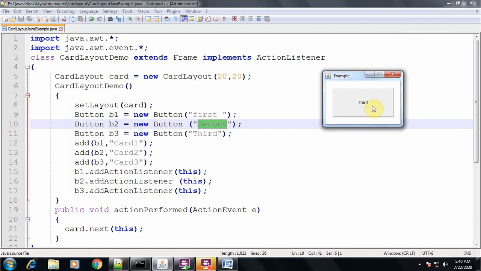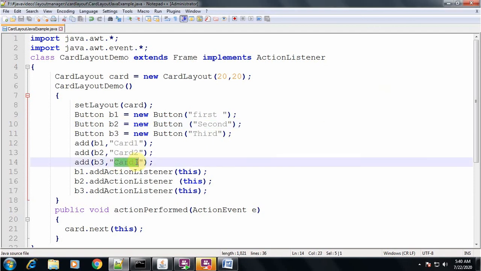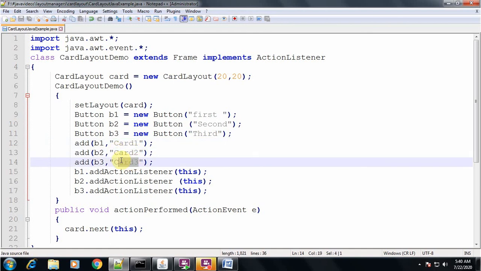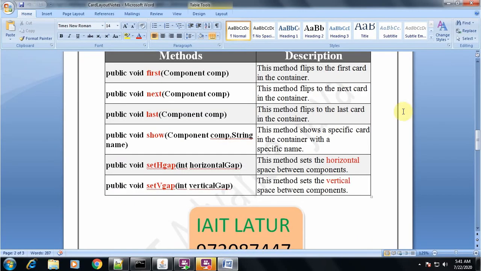This third button is on the third card, that is card 3. Card 1 consists of button B1, card 2 consists of button B2, and card 3 consists of button B3. Is this point clear?